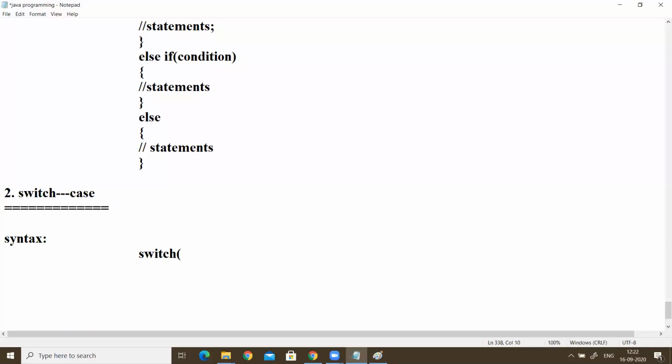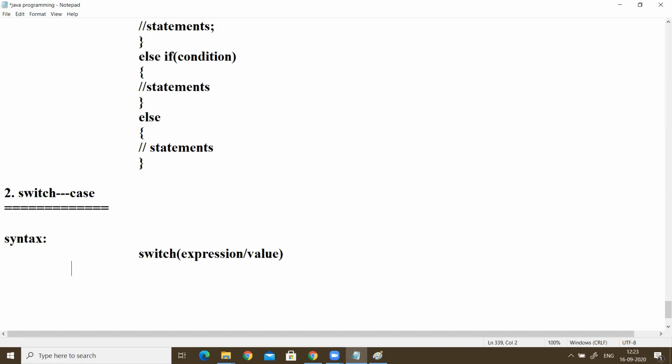Switch: here we can write an expression, a value, or a variable. Remember that here we write an expression, not a Boolean condition. We are not writing a condition here. Switch takes an expression or a value or a variable, which nothing but contains a value. But not the Boolean condition.